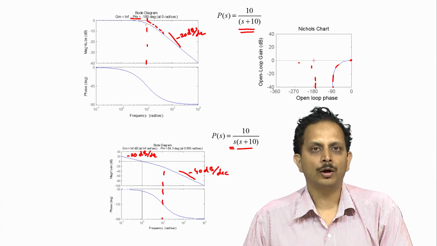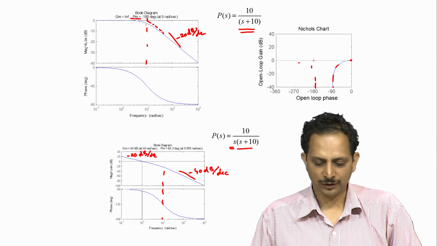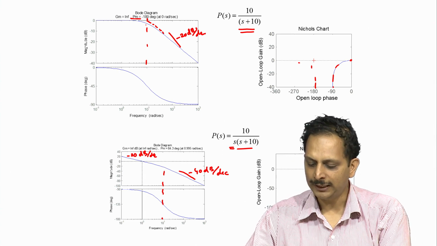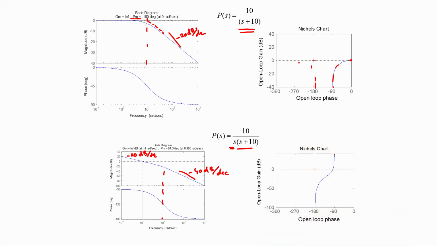If one were to plot the Nichols plot of this transfer function, then we note that at very low frequencies, when the magnitude is very high, the phase is close to minus pi by 2, and as the frequency is increasing, the magnitude starts to drop and the phase lag starts to increase, and the phase lag asymptotically approaches minus 180 degrees. So, just as in the case of the Nyquist plot, the frequency information is marked out on the Nichols plot of the transfer function.